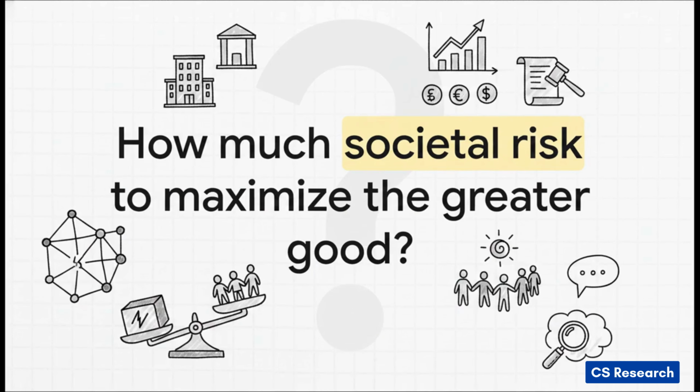Which brings us to the ultimate question leaving this explainer. We've seen the mathematical proof, right? Designing systems that demand perfect, airtight security against any individual deviation actually traps us in outcomes with terrible social welfare. MACE proves that a tiny bit of vulnerability is the mathematical key to vast cooperation. So when looking at our real-life social structures, our economic markets, and our government regulations, how much risk should society tolerate to maximize the greater good?